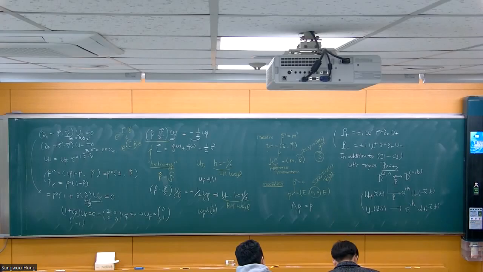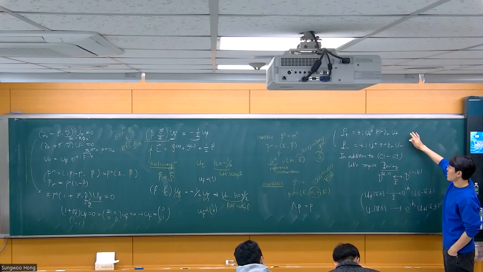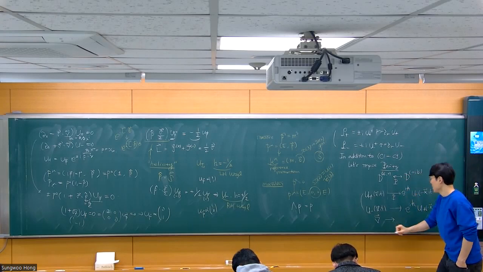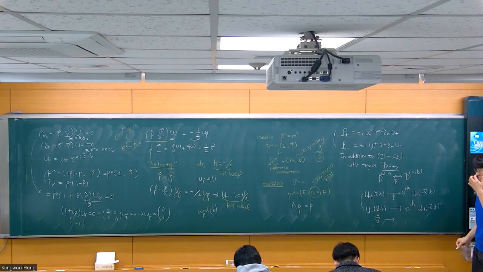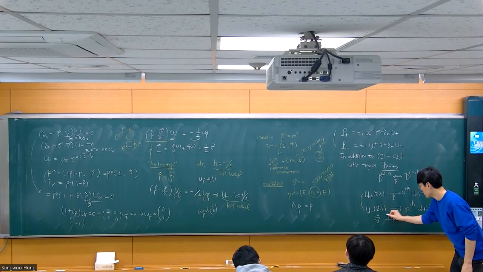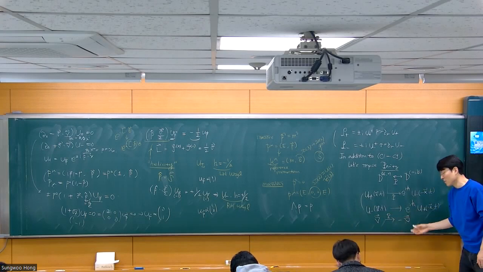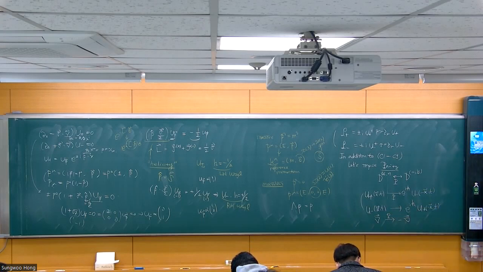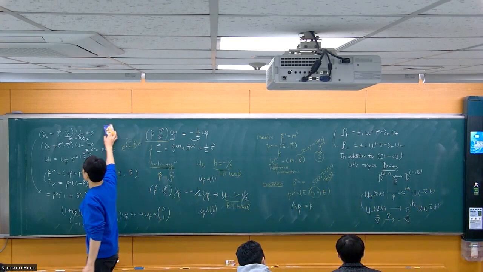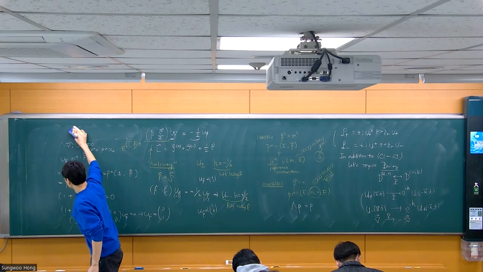And second, in order to construct the parity invariant theory, we can also understand that the gradient goes to minus gradient under the parity operation because X flips. That's clear to see. Okay, now with these two facts understood,